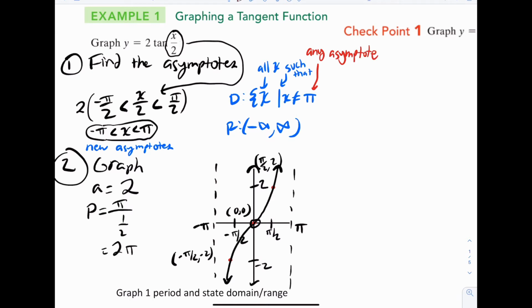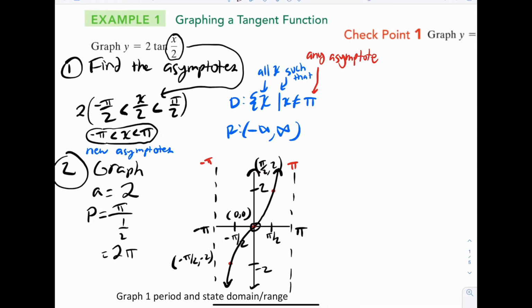Now here's a tricky part. There are an infinite number of things x cannot be. We can see it can't be pi and negative pi. Now if you follow the pattern, this distance from here to here is 2 pi, or you can see that from the period right here. Which means the next one it couldn't be is 3 pi, then 5 pi, then 7 pi, and that continues